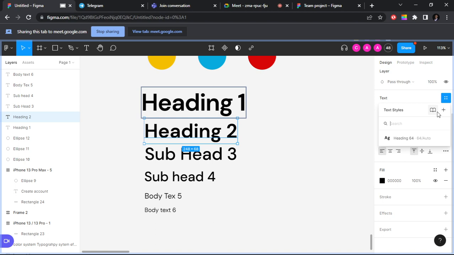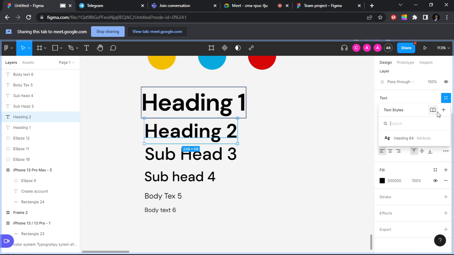Now I want to drop a shadow. Let's drop a shadow, right? So let's just say this is the thick shadow. Now I will save this as a layer style by clicking on this four dotted icon and then this plus icon and probably say dark shadow, right? Shadow. Then I'll create style. Then this other one, I will make it a lighter shadow. So I'll click on this plus sign,